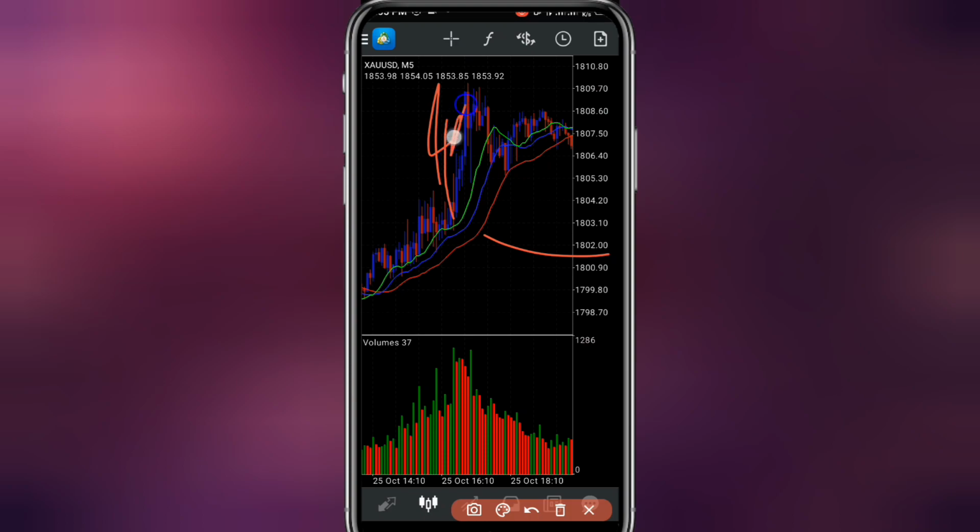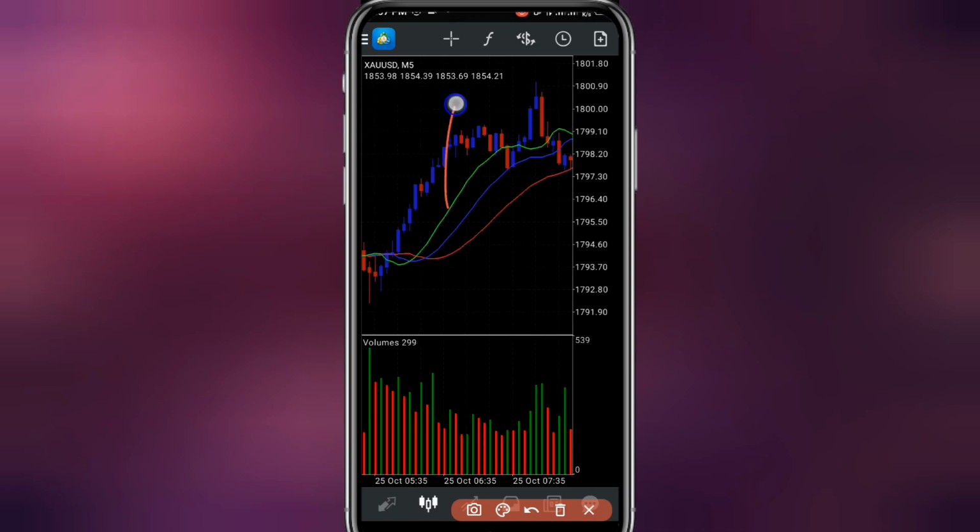So the green moving average means you should take a buy in the market, and the red moving average means you should take a sell in the market. What we need to focus on is the crossing over of these moving averages. Whenever you see the green moving average above the blue and the red moving average, this actually means a bull run. Whenever you see the red moving average above the blue and the green moving average, this actually means